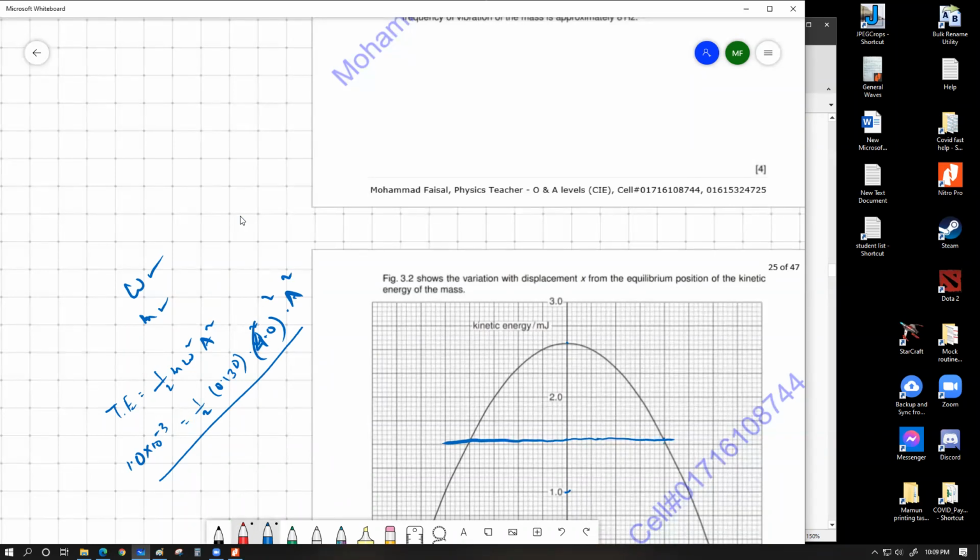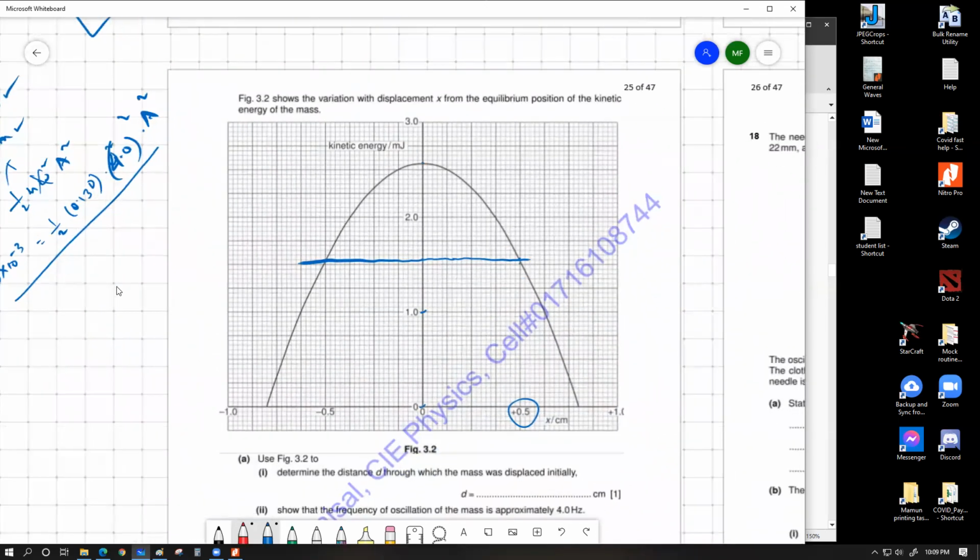However, if you didn't have these variables available to you, let's say you did not know mass, you did not know omega, you are only provided with this graph and only asked to find the amplitude whenever the system has a total energy of 1.0 millijoule. What about then? Then the graphical way is the only way. If you don't have access to any of these numbers, but you have that graph, you can still calculate the new amplitude if you know how to handle it graphically. So it's important that you understand this procedure. And I also showed you the alternative method for any case. If you find this is needed, you can also adopt that as well. Not very much needed, but it's important.